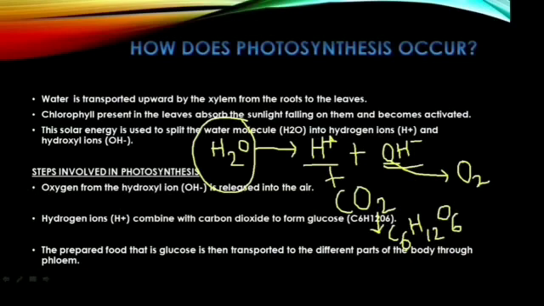First of all, I am repeating once more, children, the chlorophyll becomes activated by the solar energy. Once it gets activated, it splits the water molecule into hydrogen ions and hydroxyl ions. The hydrogen ions so evolved combine with the carbon dioxide and form the glucose molecule, that is C6H12O6. And the oxygen present in the hydroxyl ion gets converted into molecular oxygen and is released out of the leaf through the stomata in the form of oxygen gas into the atmosphere.